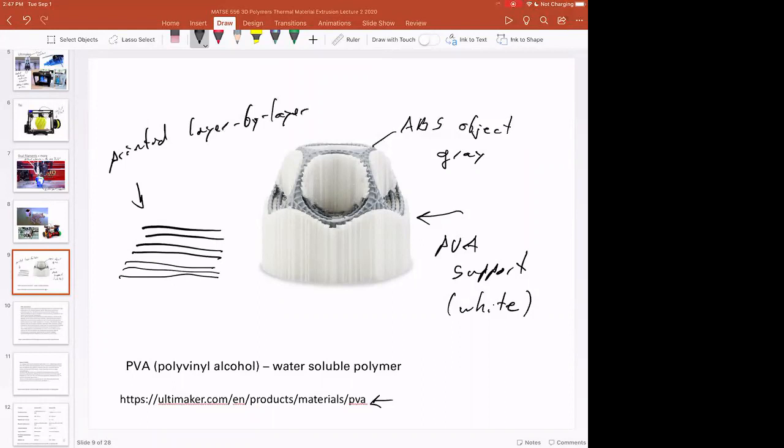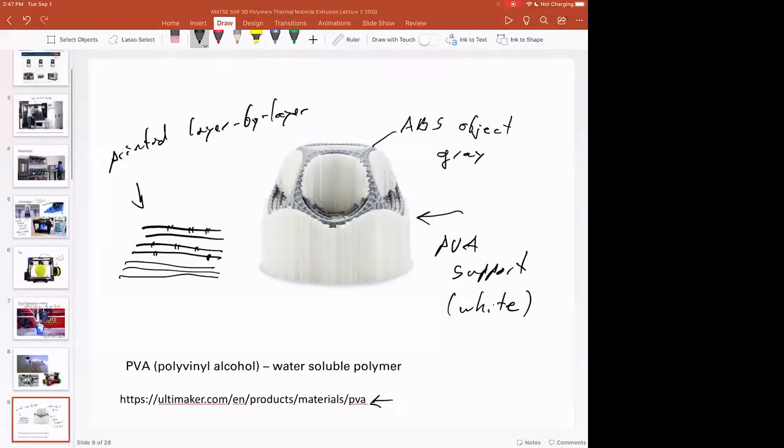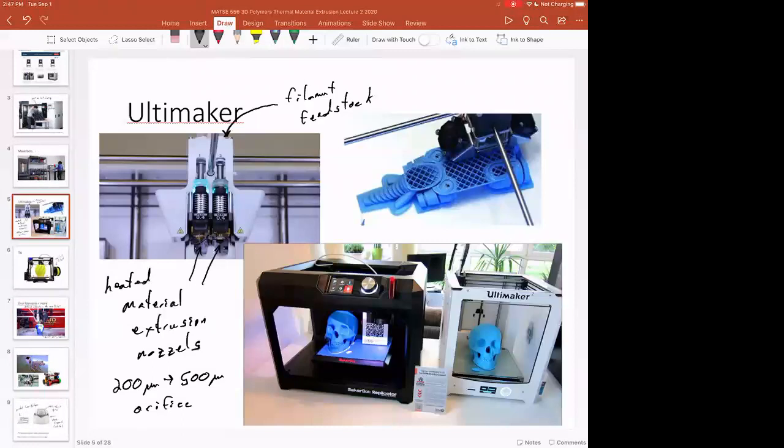On an Ultimaker, but it's printed, each layer has different materials within it. And because PVA is water soluble, you can take this whole object, immerse it in water, and then it reveals the gray object. And again, we'll start off with this video if I can get it queued up and working on Zoom next time. But this is a real powerful demonstration of what you can do, and it was printed on this simple